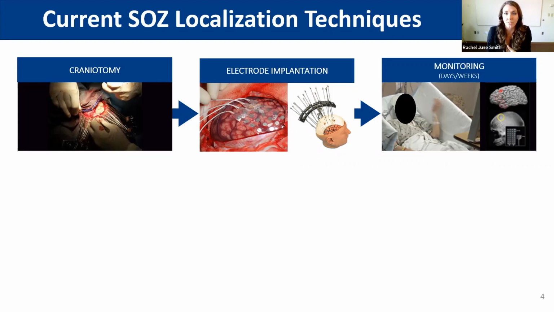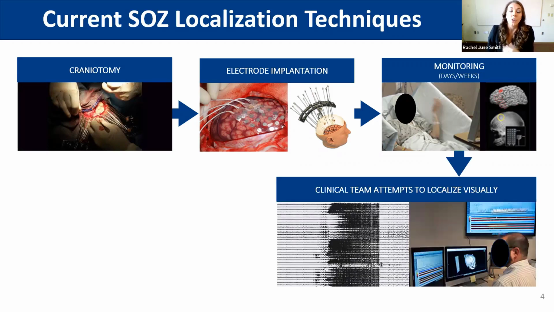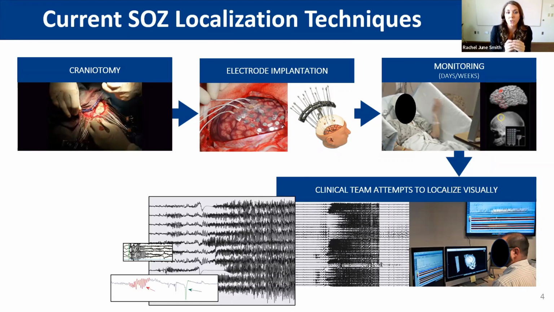But sometimes if they don't have enough seizures, they can sit in the epilepsy monitoring unit, called the EMU. They can sit there for weeks to have enough passive seizures so that clinicians can visually look at the data and look for features that are indicative of where the seizures are starting. Those can be high frequency oscillations, paroxysmal shifts in the data, or a beta buzz, but they'll look for these features in different channels of the EEG to decide where the seizures are coming from, right? So this is a pretty invasive process, it's a long process, it's an expensive process, and unfortunately,